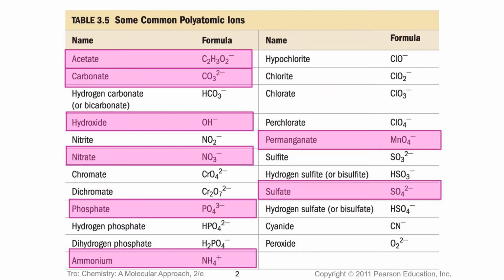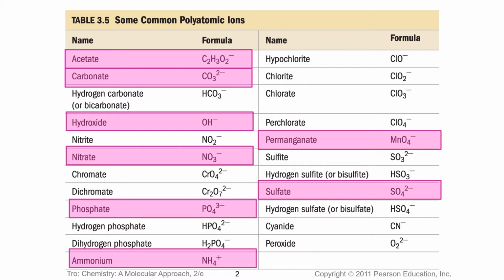There are lots and lots of polyatomic ions. There are a few that we will see over and over again. The ones that are highlighted in pink are polyatomic ions that will be used quite frequently. These include acetate, which always has a -1 charge, carbonate, which is always 1 carbon, 3 oxygen with a -2 charge, hydroxide with an OH-,